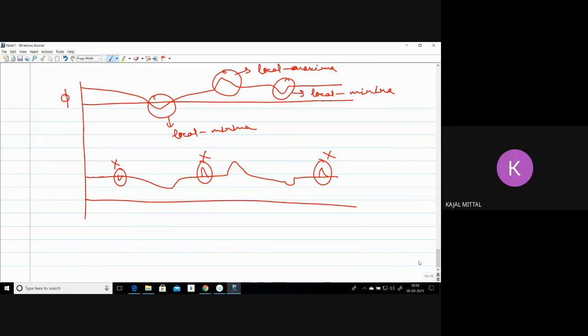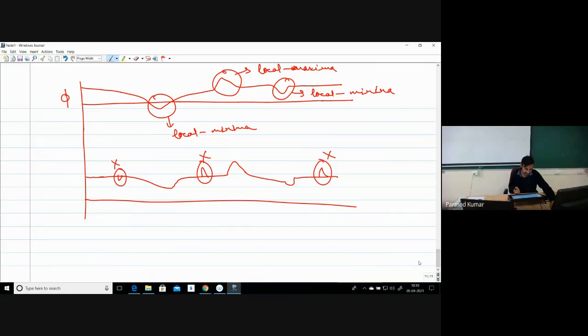Yes, sir. Okay. Now the second condition is that whatever local minima we are having, that function should be of non-decreasing type. It means whatever the magnitude I am having over here, that magnitude should not decrease further. So if the function is not of non-decreasing type, it means it will be of increasing nature. So if the minima is increasing, my value of this minima will be decreasing upon further iterations.